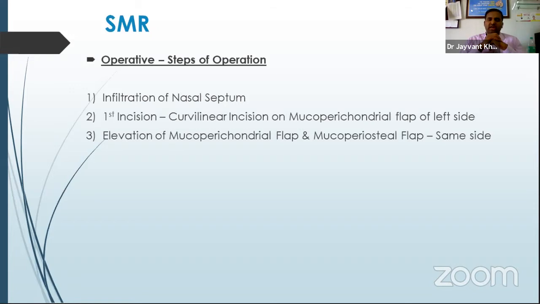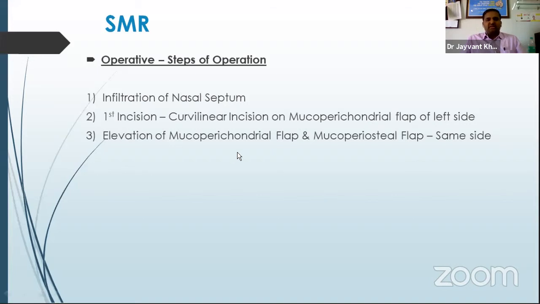When nasal mucosa covers the cartilaginous part of the nasal septum, we call it mucoperichondrial flap. When nasal mucosa runs over the bony part of the nasal septum, we call it mucoperiosteal flap. The mucoperichondrial flap and mucoperiosteal flap are on both sides of the nasal septum. Okay, then